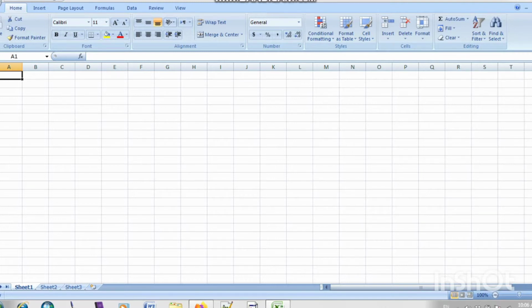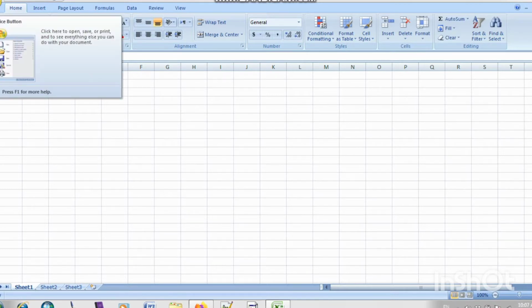Okay, so today in this lesson we are going to learn the basic components of Microsoft Excel. The components means what are the basic elements and what is the interface of Microsoft Excel. Okay, is it clear? Okay, now Albina, tell me what is the first component. For example, what is the use of this button? This is the Office button. So what is the use of the Office button?